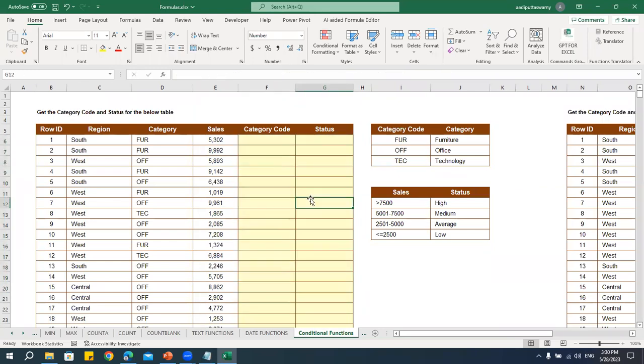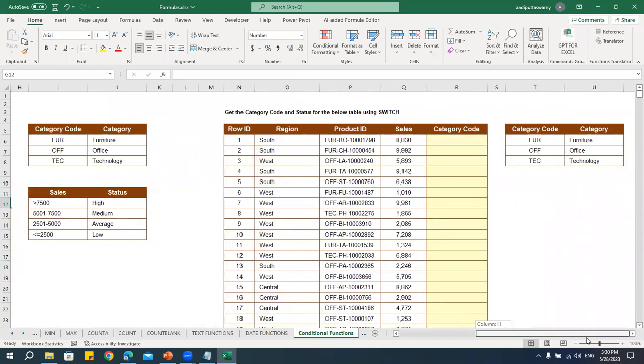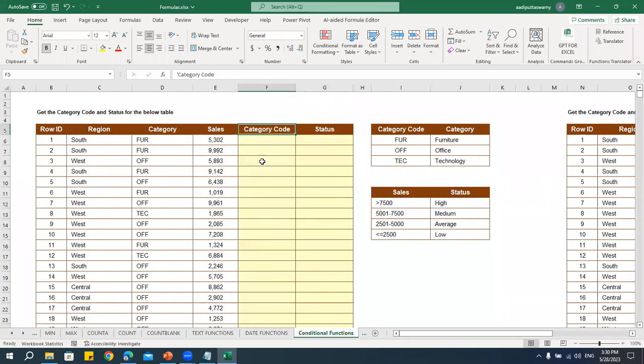Now, I'll tell you some more interesting things. Let's check. I have one table and see the criteria is available. Just observe. I want to get the category code. The category code is here. I'll write a prompt to get the formula. Let's go here and say